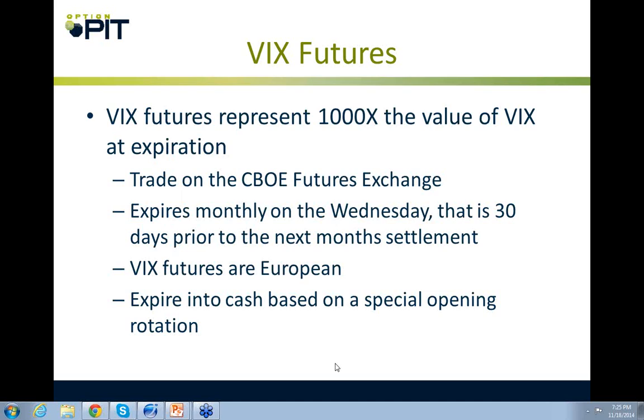Basically, 8 months a year, the VIX is going to settle the Wednesday before expiration, and 4 months a year, it's going to settle the Wednesday after expiration. Leap years will throw that off a little bit, but generally, if the coming cycle is 5 weeks, the VIX future will settle on the Wednesday after. If the coming cycle is 4 weeks, then the VIX future will settle the Wednesday before. So December is going to settle the Wednesday before. So will January.